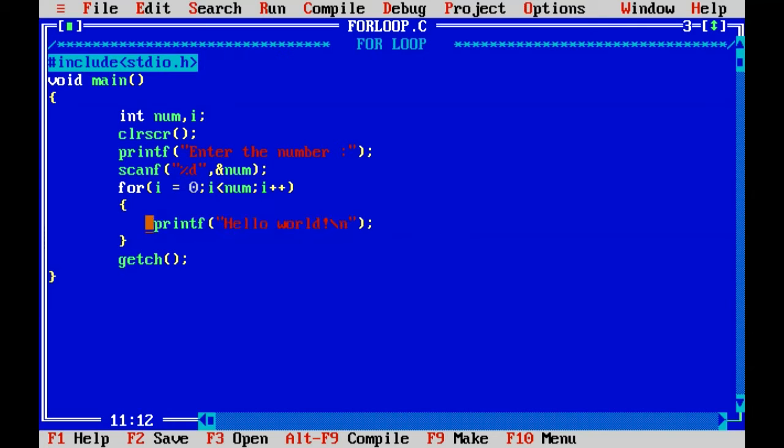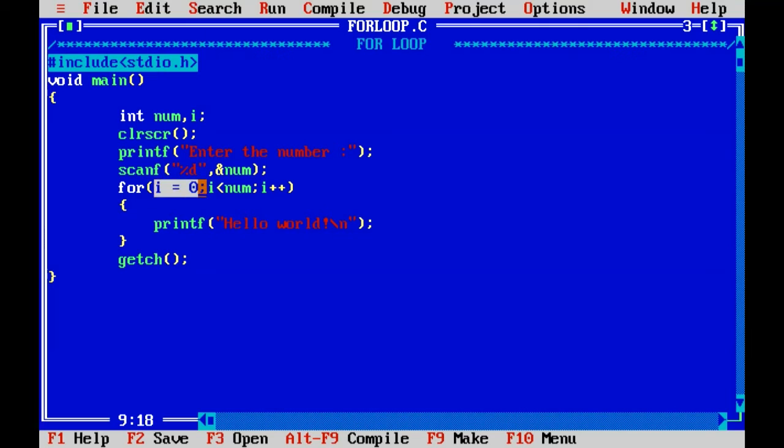It will run the code inside the braces, and after coming to the end of it, it will increment the value of i. So i was 0, it prints hello world and increments i, and i becomes 1. From the next time, only the condition part will be working.